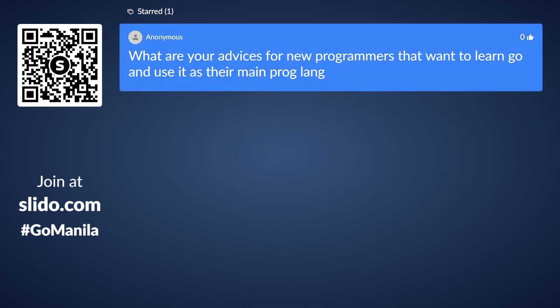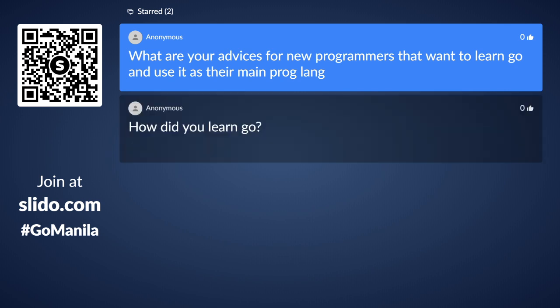So first, do the Go tour. Some people recommend reading Effective Go, which is written by the Go team and talks about best practices for using Go. But I personally found it kind of confusing to learn best practices and learn the language at the same time. So I would say do the Go tour and then read The Go Programming Language, because that's what really helped me understand Go. Same answer for the following question: the Go tour and The Go Programming Language. I did almost all of the exercises in the book.